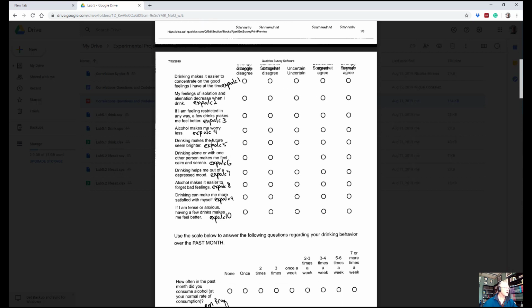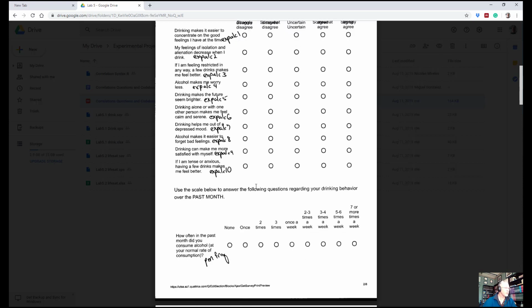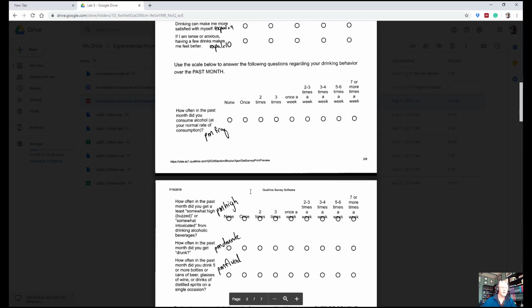Two of the measures that we're going to be looking at today: we're going to be looking at the relationship between alcohol expectancies and the amount that individuals report actually having drunk. And we're actually getting at heavy drinking, with respect to the past month. So think of it as your dependent variable, if you will, the variable that we're trying to predict.